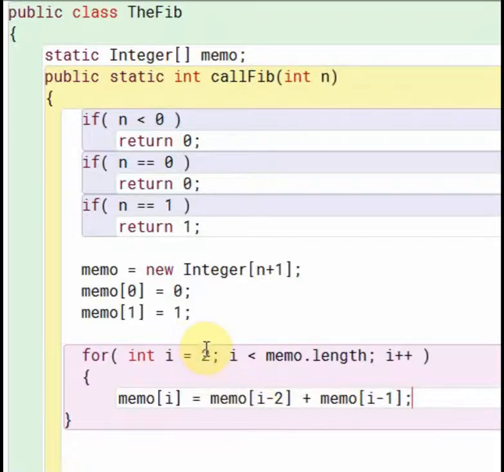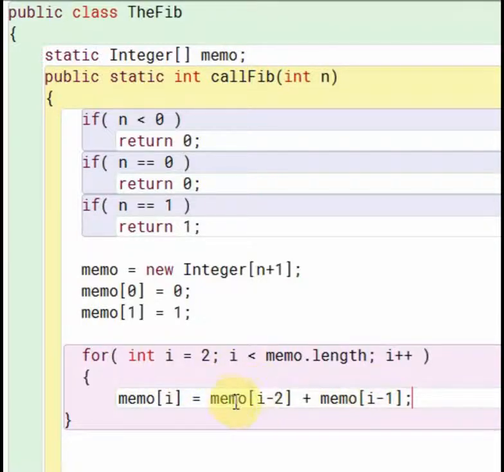And if we start at 2, then that means i minus 2 would be 0, which we have here, and i minus 1 would be 1, which we have here. So this would be basically starting out at 0 plus 1 and saving memo sub 2 as 0 plus 1,